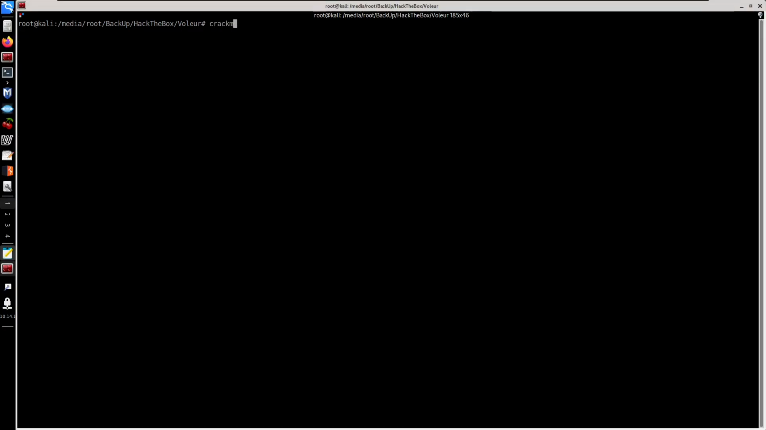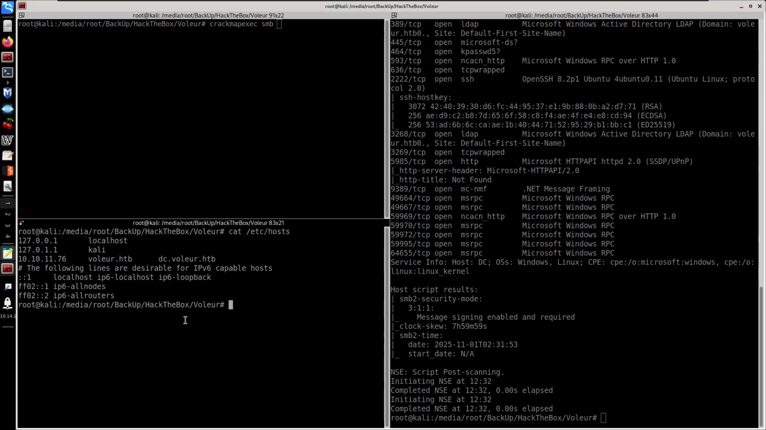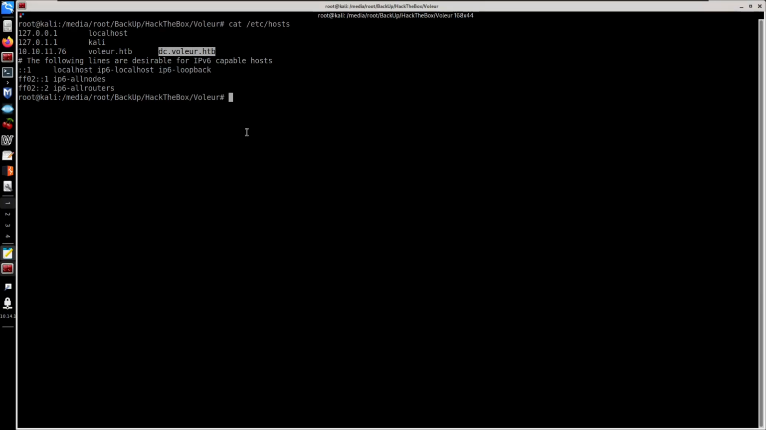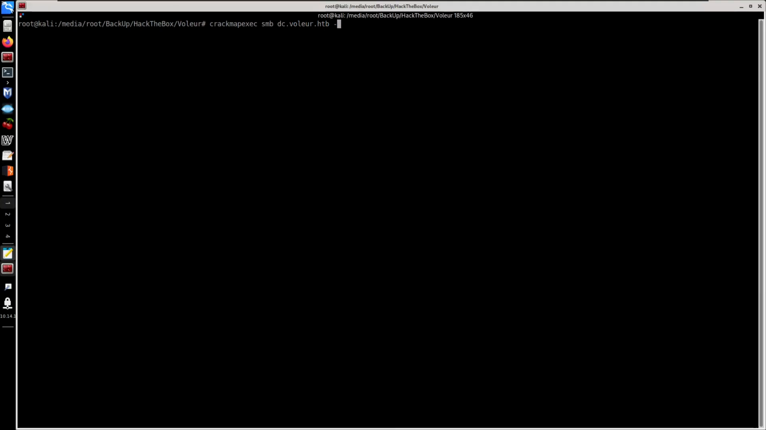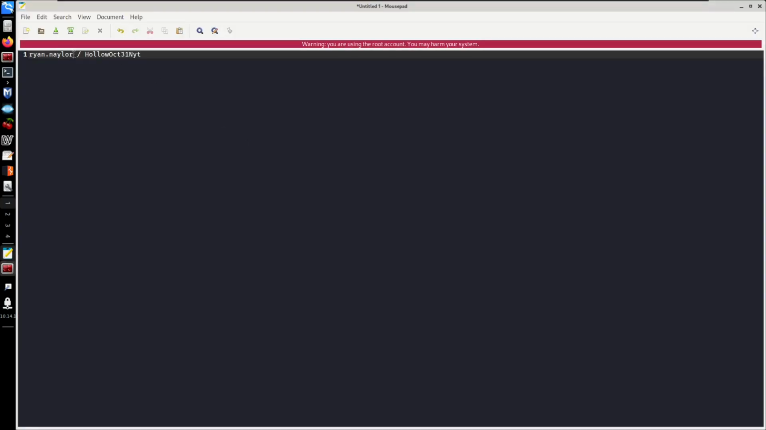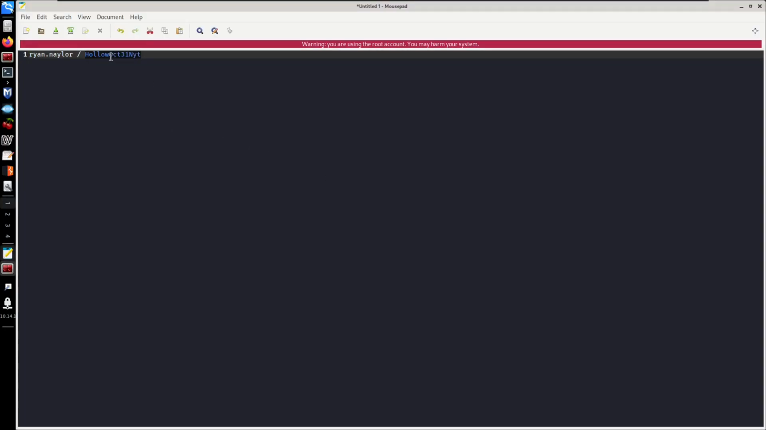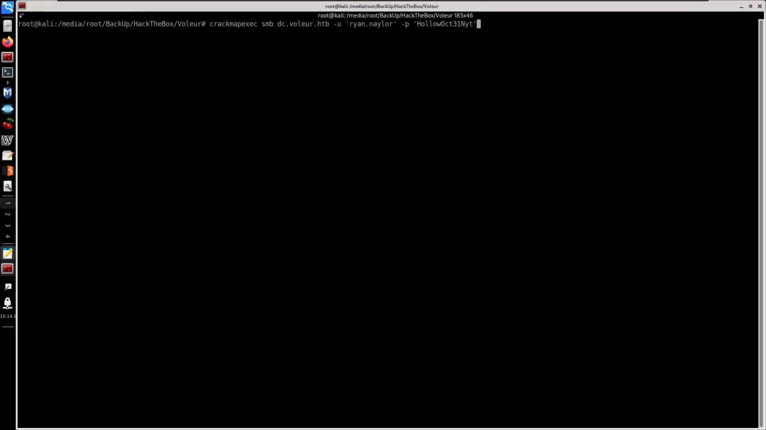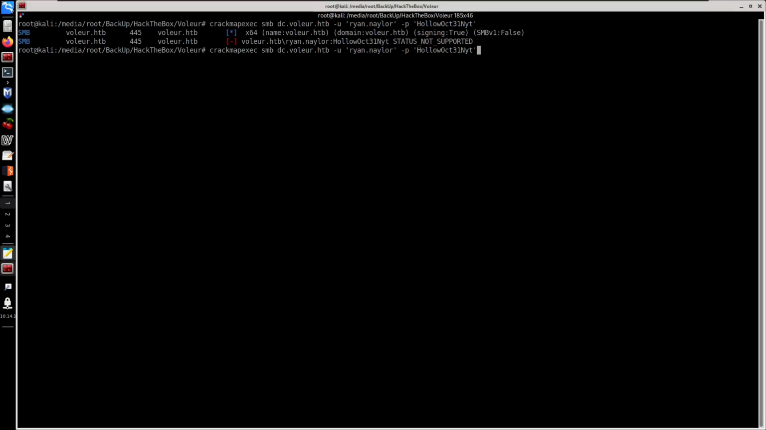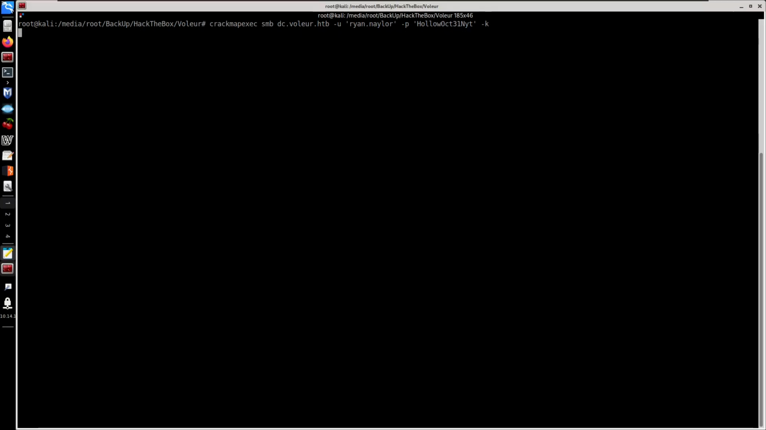So we'll do this for crackmapexec. We'll do crackmapexec for SMB, specifying the domain controller, DC.voleur.htb. We'll specify -u for that user and -p for the password. Press enter on that. It should not work. However, if we do specify the -k for the ticket,